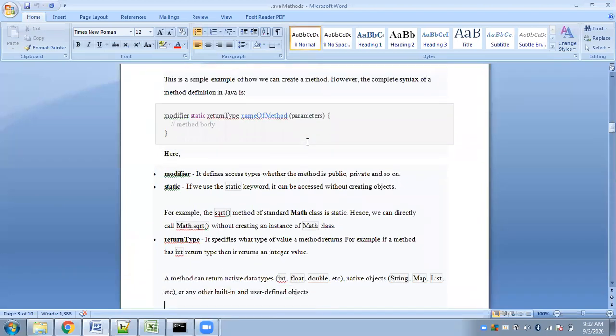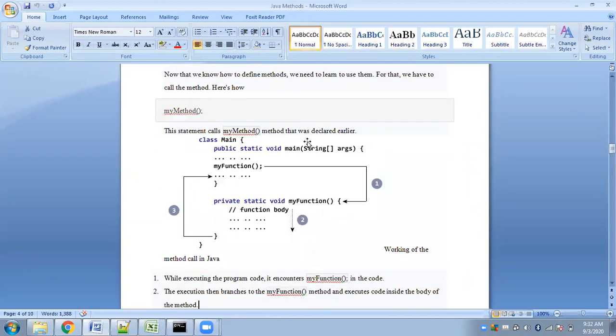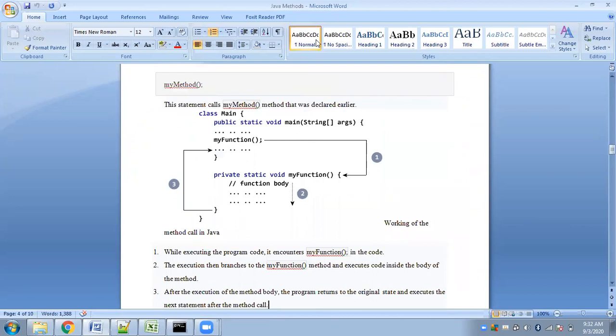I've explained all this. Now see, this is one syntax, one way of designing a program with user defined functions. Here you have a class main. Fine, the name of the class is main. Here you see you have two functions. If you add one user defined function in your program, it will somewhat look like this. You need to have the main function because program execution will begin from main and end at main. Yes, that is obvious. So you have to have the main function here, and then you have the user defined function here. Okay, this is your function.